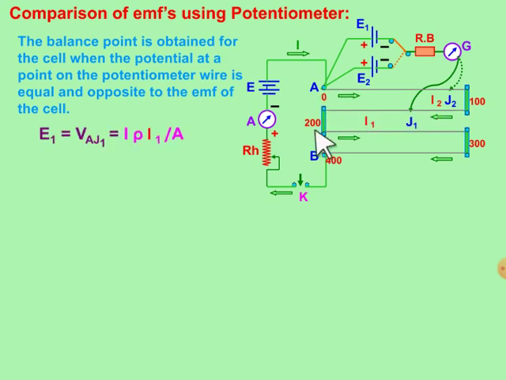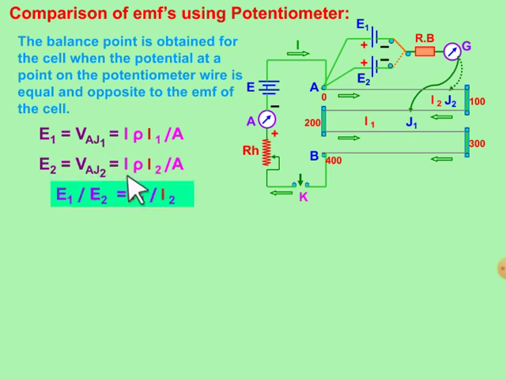So your E1 will be equal to the potential drop across A and J1, which is I, the current flowing here, times rho L1 by A, as I showed you on the board. And E2, when you use the second cell, can also be expressed in that way. So your E1 by E2 will be equal to